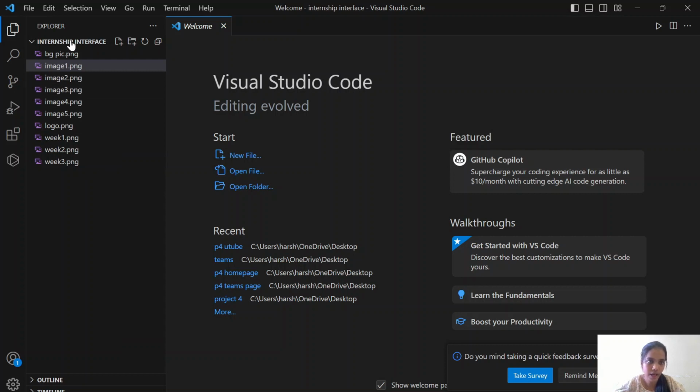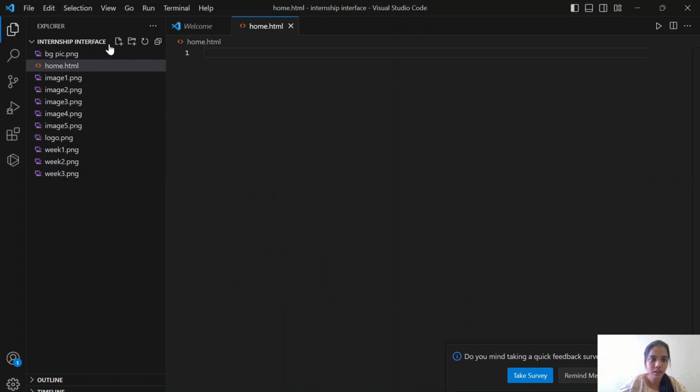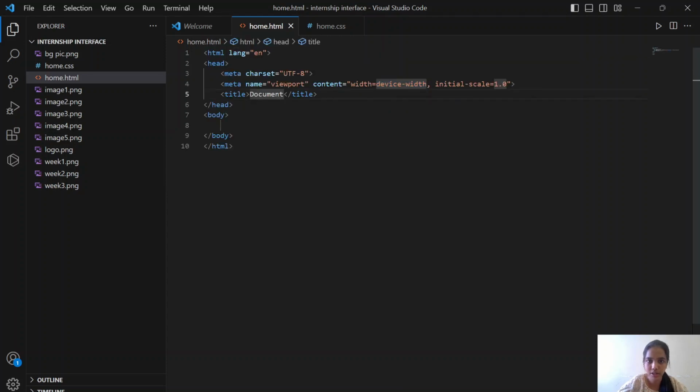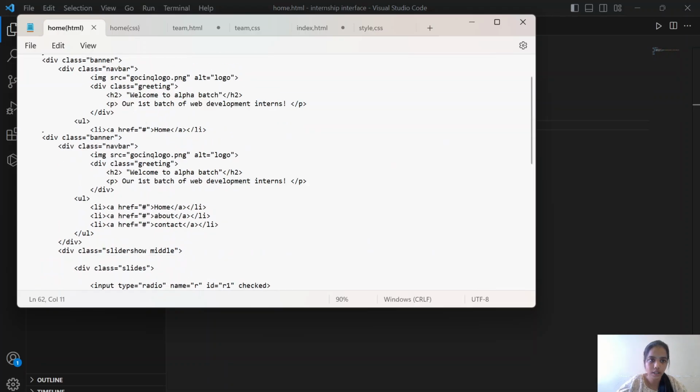First we have to create an HTML and one CSS file: home.html and home.css. Now we know the basics: doctype HTML, and let's change the title to home page. In the body, the first thing we do is